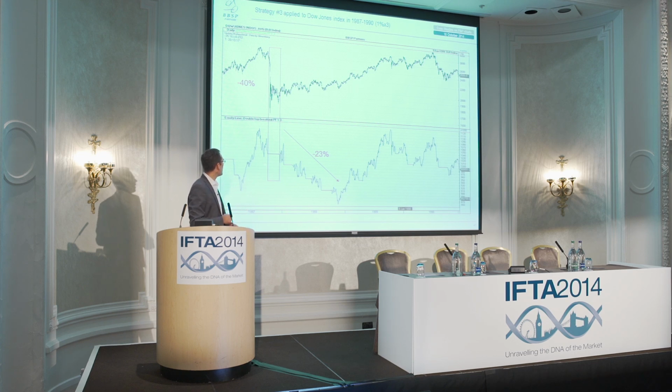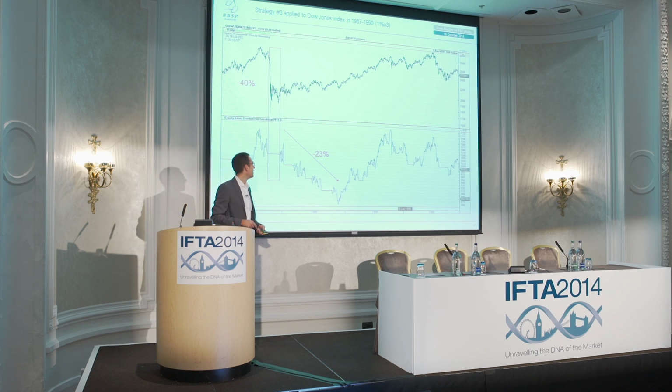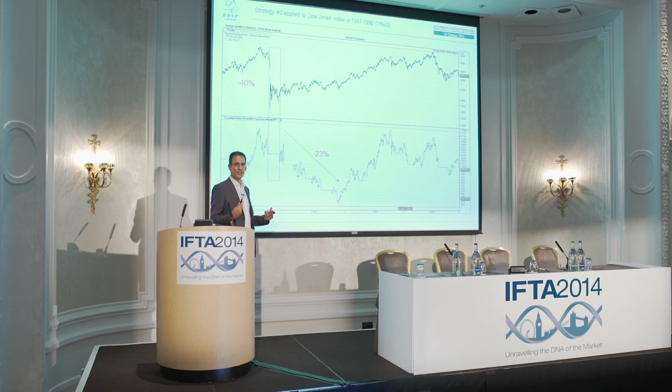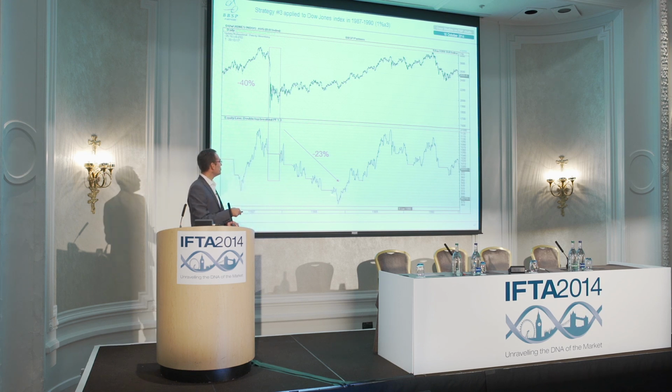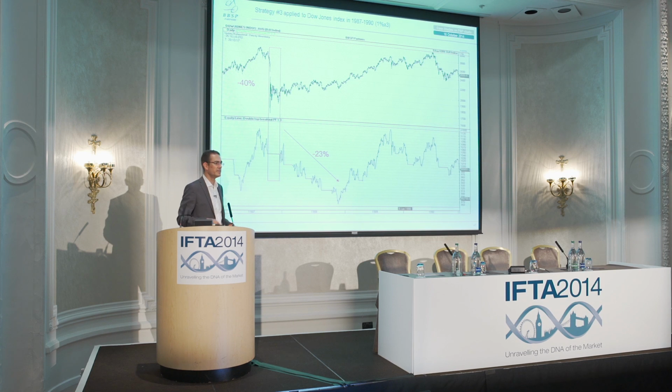So it's here. As you can see, I'm out of the market during the stock market crash. What is quite interesting is that I'm losing money after the stock market crash. The reason is that you have whipsaws, and as you know now, when you have whipsaws like this, you're losing money with trend following tools. Anyway, the max drawdown from my trading strategy was minus 23%. You would have lost 40% as a max drawdown on the stock market crash. So I prefer to have this model and lose in 1988.